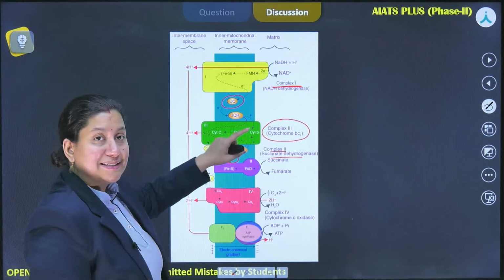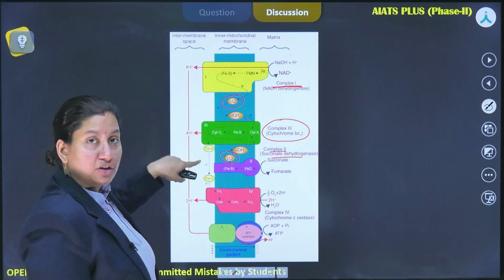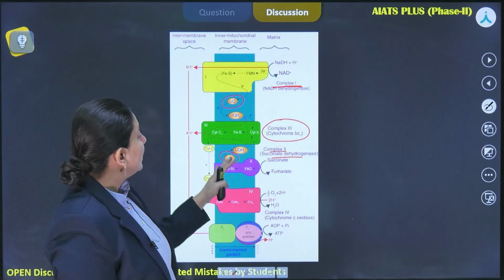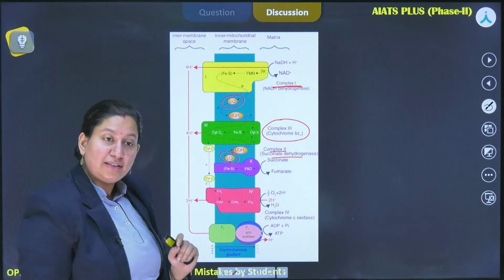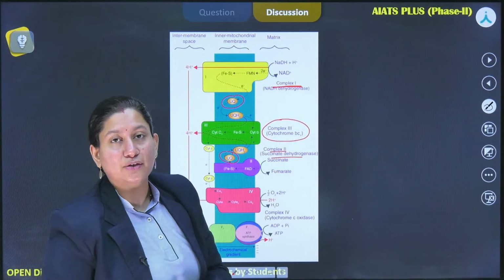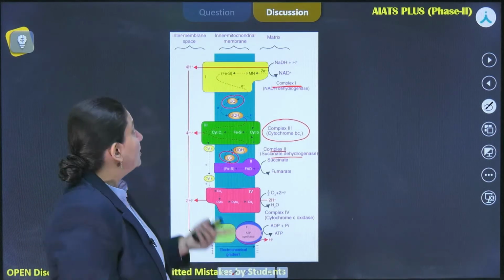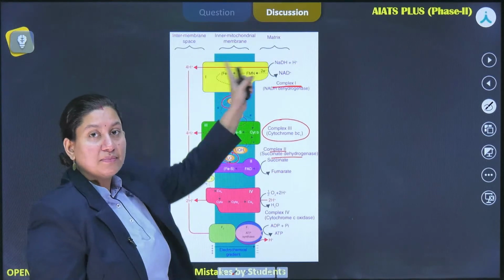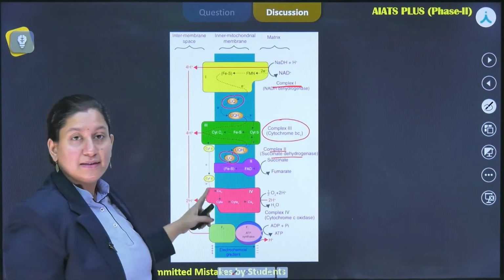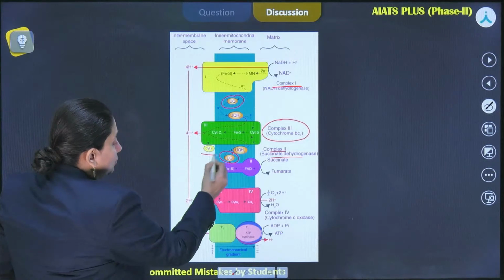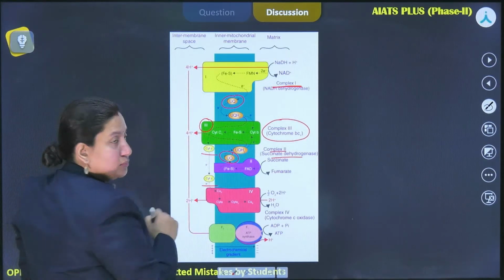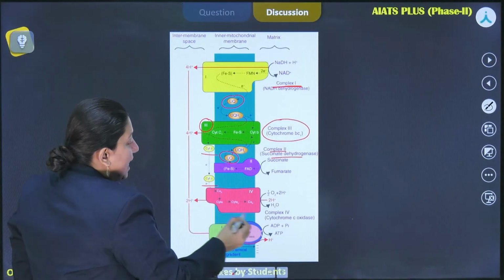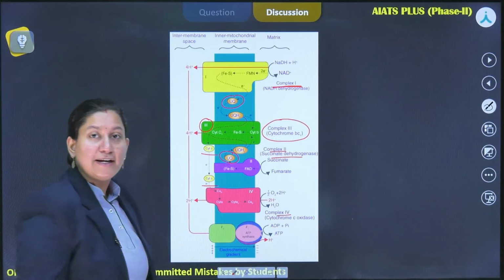Now from complex 3, the electron has been given to a mobile electron carrier which is present on the outer side of the inner mitochondrial membrane. This is a very important line emphasized in the NCERT also, that this is the mobile carrier present on the outer side of the inner mitochondrial membrane, as you could clearly see the location of cytochrome C over here, right? So it takes up the electron from complex 3 and gives it to complex 4, cytochrome C